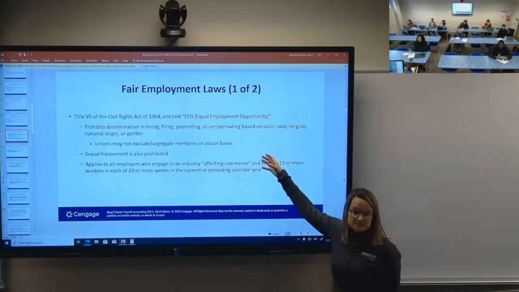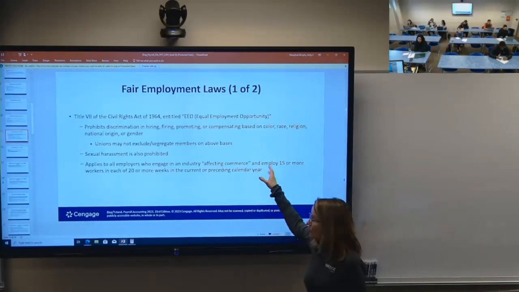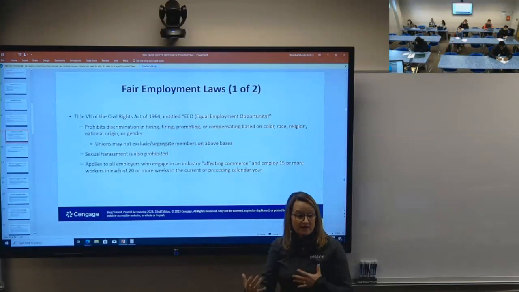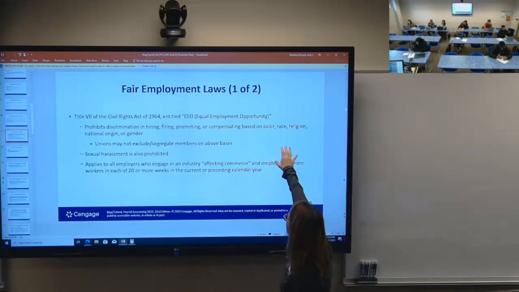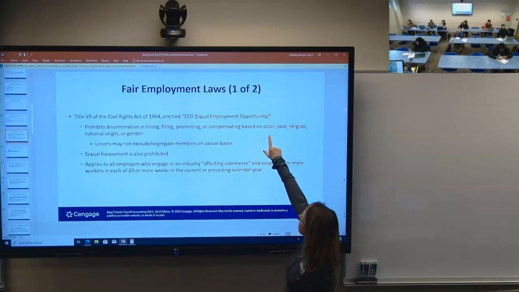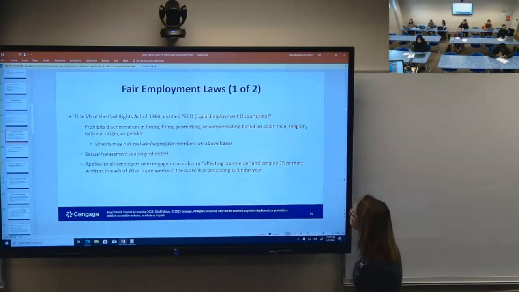So as you can tell, this does not include everything that somebody could be discriminated against. There are other laws out there, though, that have been added over the years that expand this list. So for the Civil Rights Act, it's based on color, race, religion, national origin, or gender. So only those